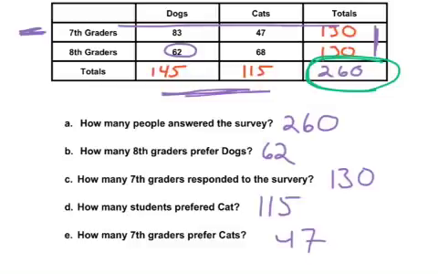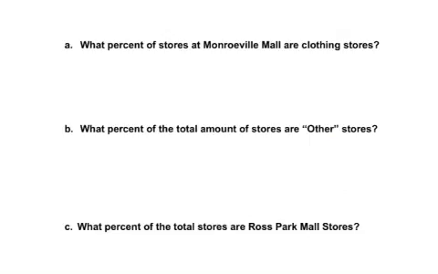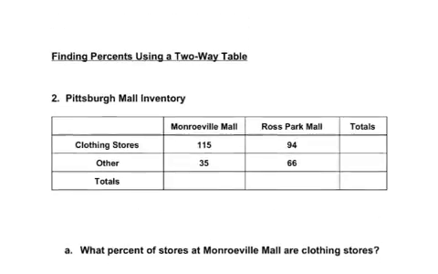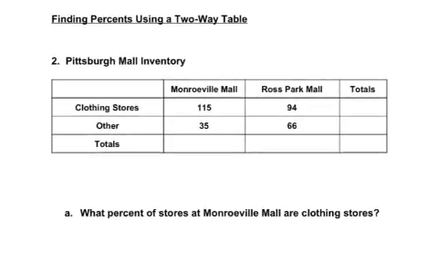Now let's take a look at another table, and we'll get a little bit more complicated type questions here. All right, so now what we're going to do is we're going to use two-way tables to find percents. So here we're going to take a look at a couple Pittsburgh malls. We're going to take a look at the Monroeville Mall and the Ross Park Mall. And we're going to look at two types of stores. We want to look at the clothing stores and any other type of store other than clothing store. That could be like a Verizon store or like a restaurant,